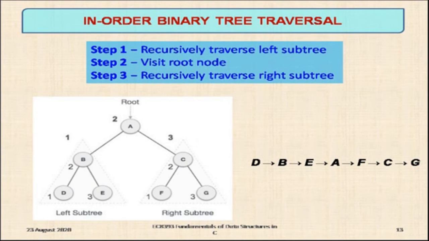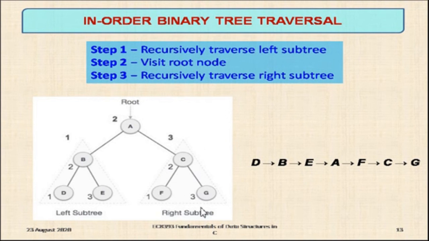So what's the first step? Traverse the left subtree. You see here, this is a subtree. First you traverse the left subtree. What is the element available? D. You write that. Then what's the next step? Visit the root. The root for this one is B. Then traverse the right subtree: E. This is over; the entire left subtree has been traversed. If you have more nodes, it may take several stages. Then visit the root node, that is A. You write that one. Then traverse the right subtree.